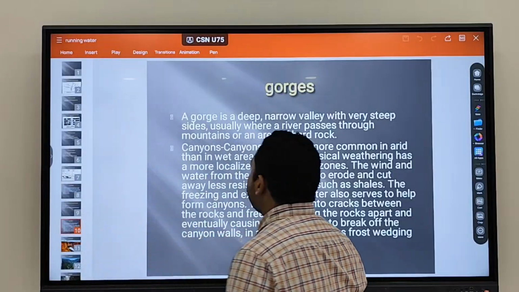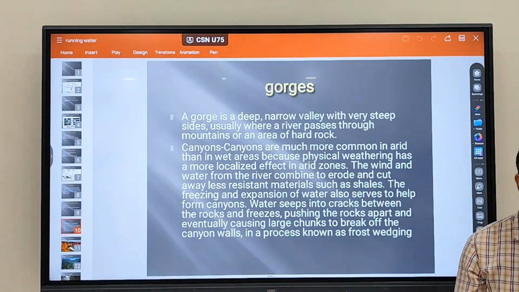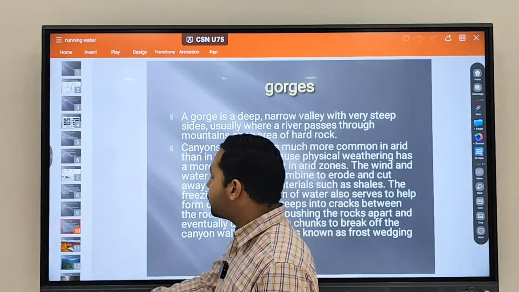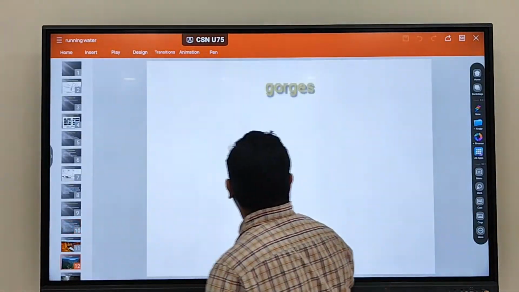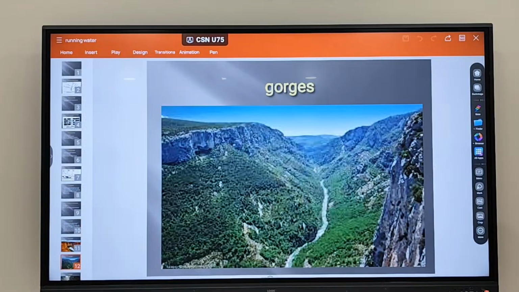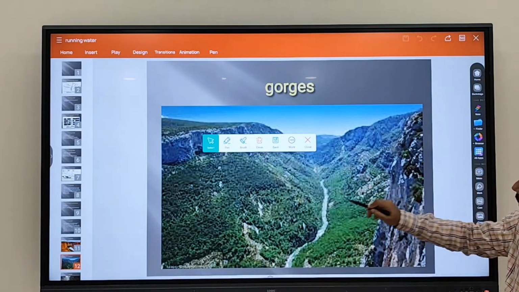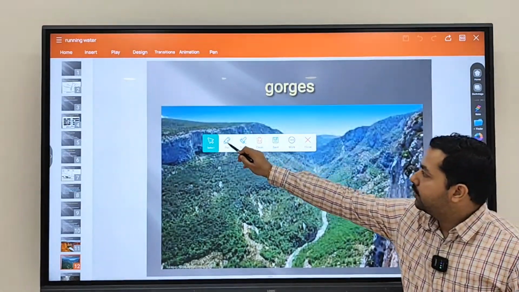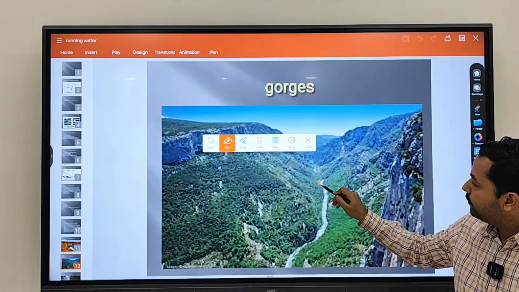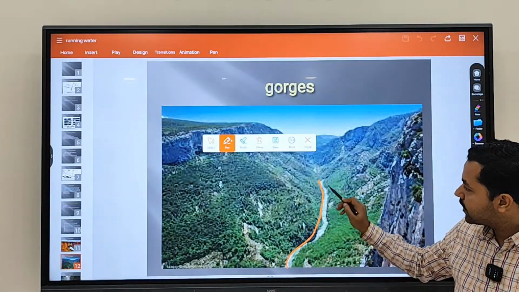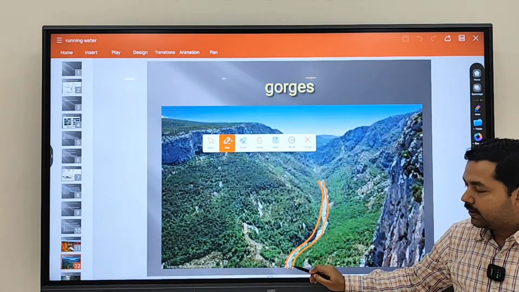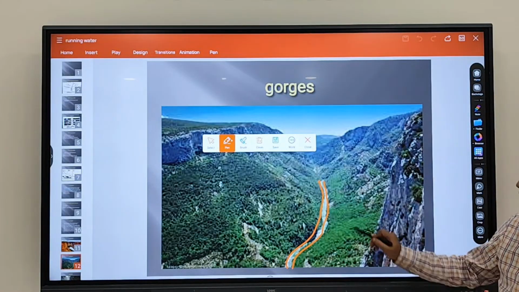Next, the first thing that we are seeing in the upper course is the formation of gorges. So basically, what is a gorge? This is the figure of a gorge. A gorge is basically a narrow channel of a river. It is a narrow channel through which rivers are flowing, and you are seeing a lot of